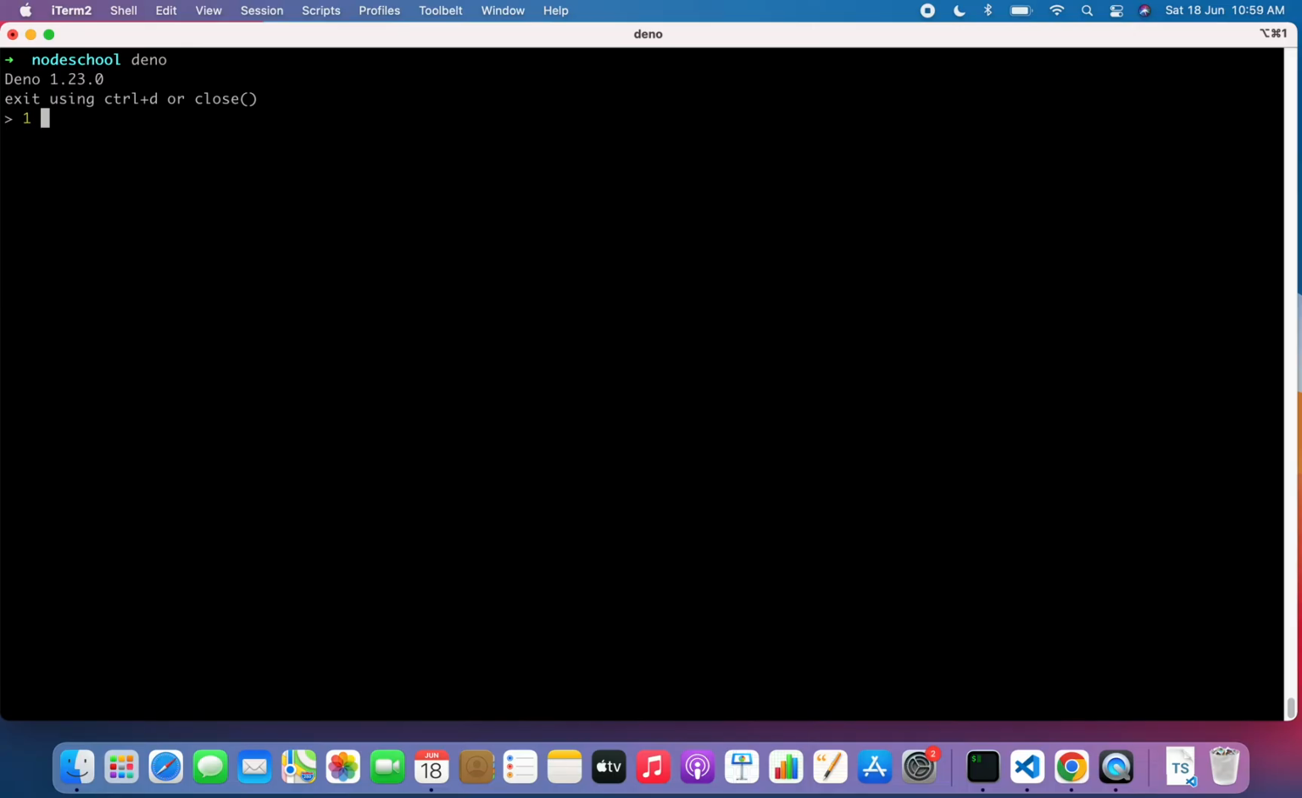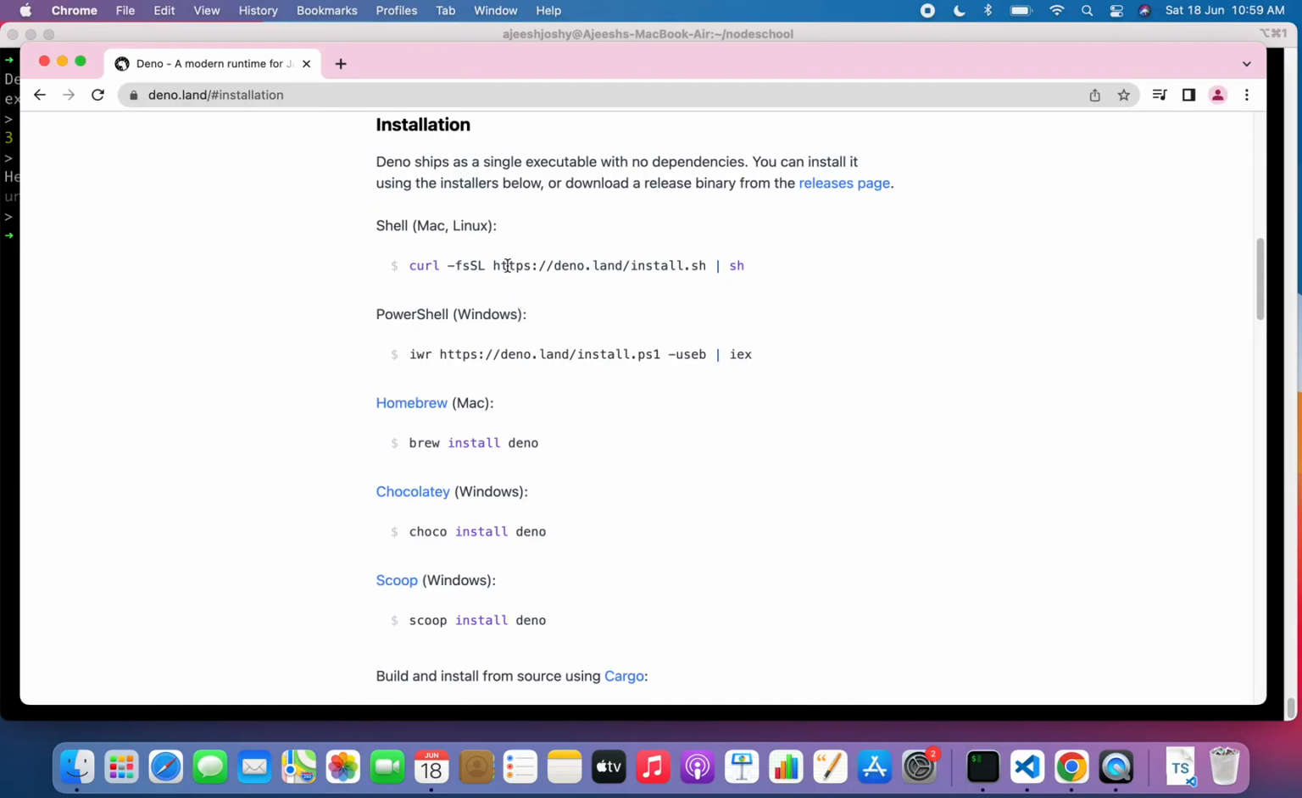So 1 plus 2, because it's TypeScript. We can do whatever, for example, we can just run this JavaScript code, hello world. To exit from the REPL, we hit Control D. Okay, fine. Now that we have installed Deno,